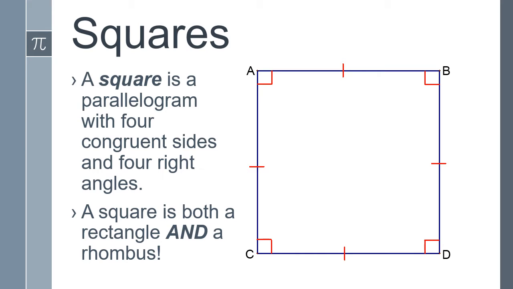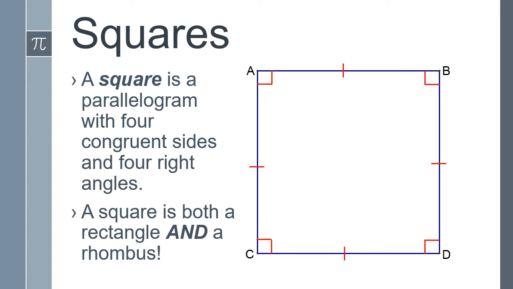The number one rule we got from rectangles the other day was that the diagonals of a rectangle are congruent. All the rules of rhombuses come into play. So each of the diagonals is a perpendicular bisector of the other. So all the internal angles formed by the diagonals intersecting